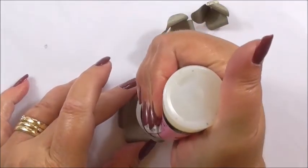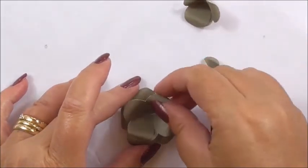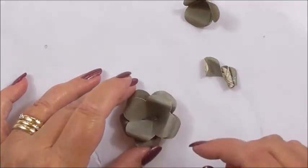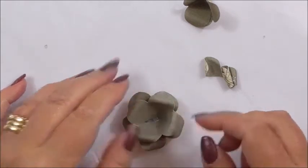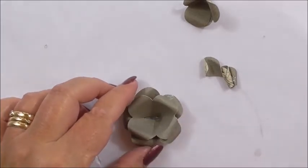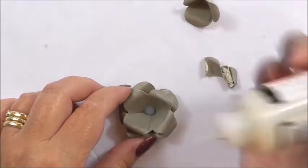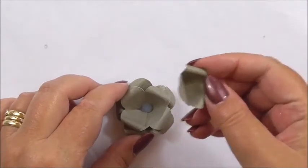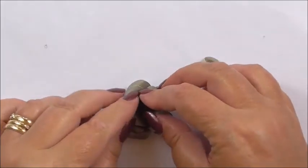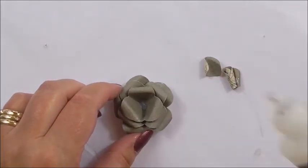Now we're going to add a little bit of glue, our glossy accents, just in the centre, and we're going to add our 4 petal on top, and we're just going to add the petals so they're not quite over the petals below, because we want something that's more random looking. And then we're going to add a bit more glossy accents, and then we're going to add the 3 petals into the centre, like so. Press it down, don't be frightened of it. Then a little bit more glossy accents,